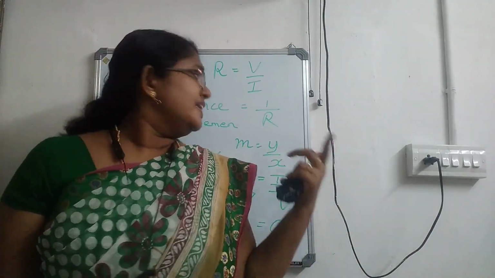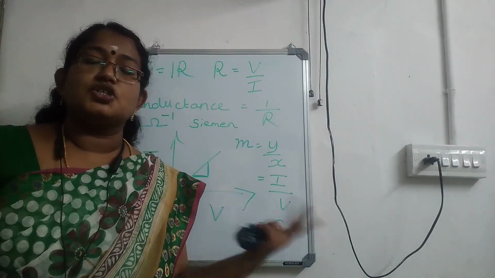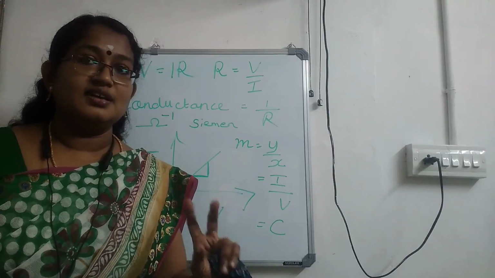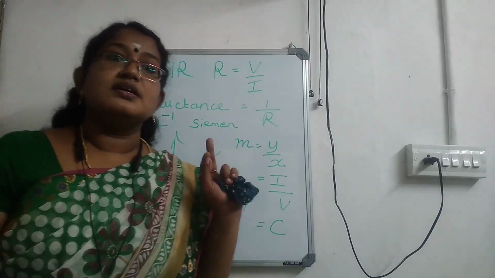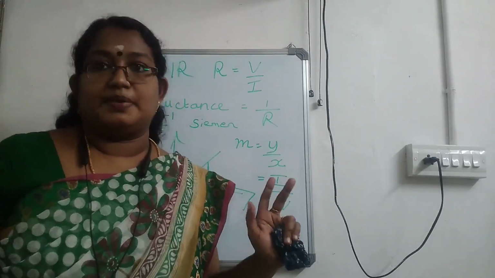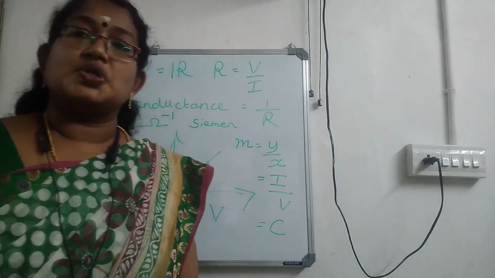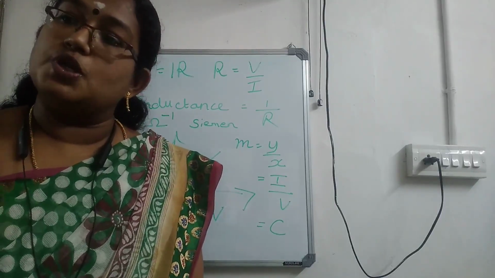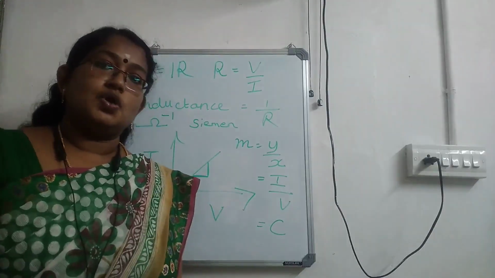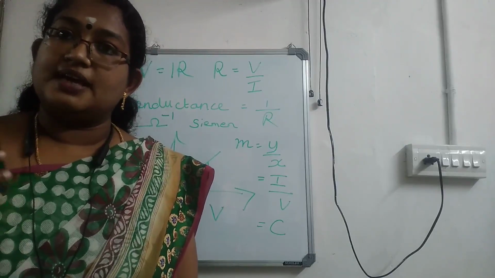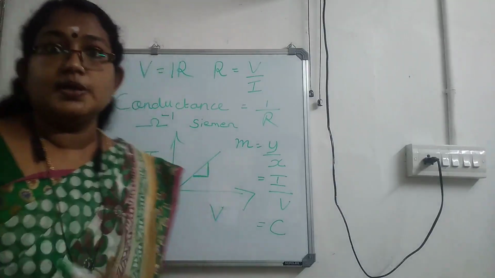Okay. Now, the next thing is about the limitations of Ohm's law. What is the limitation of Ohm's law? It takes place only at constant temperature. Okay. Ohm's law is valid only at constant temperature. So is it clear? Now we will be moving to the next part. Next is actually the experimental verification of Ohm's law, and that is not there in our syllabus. Okay. It is removed from the syllabus. So no need to consider the experimental verification of Ohm's law. It is given in page number 180. It is not needed. Okay.